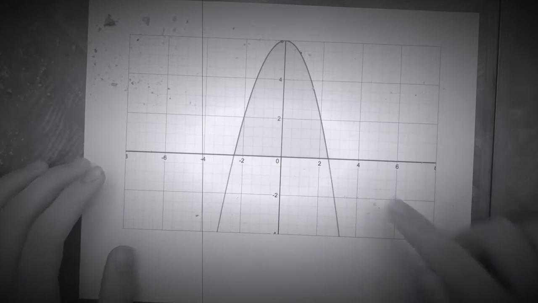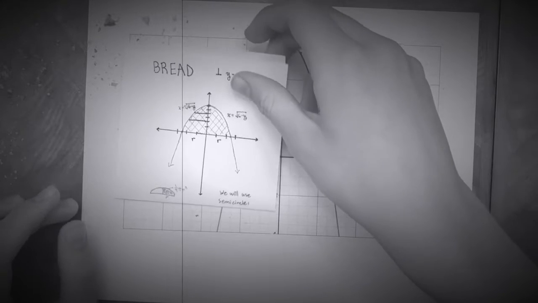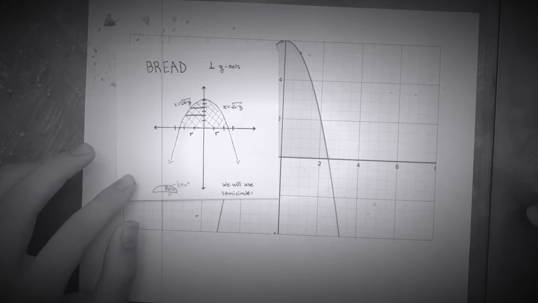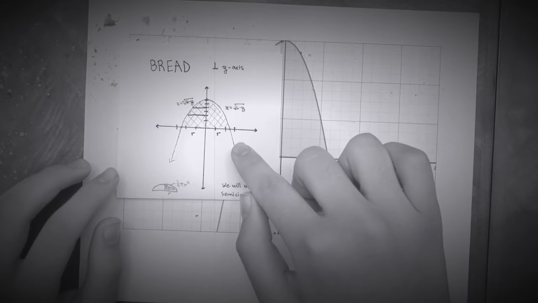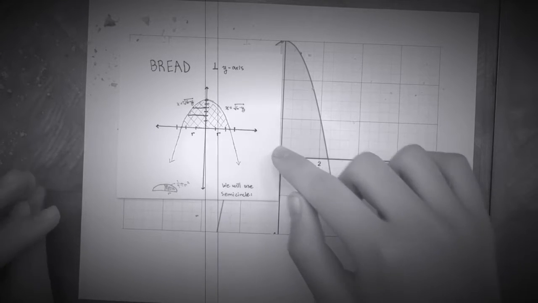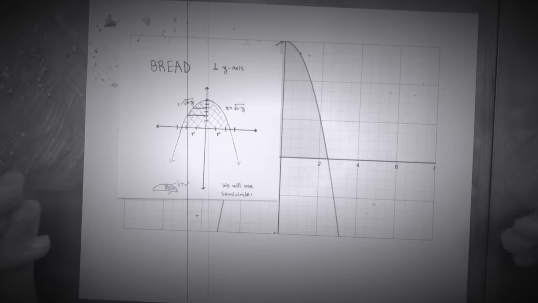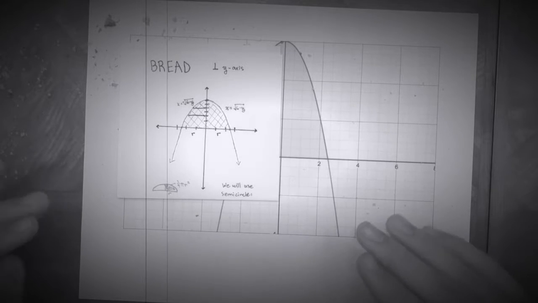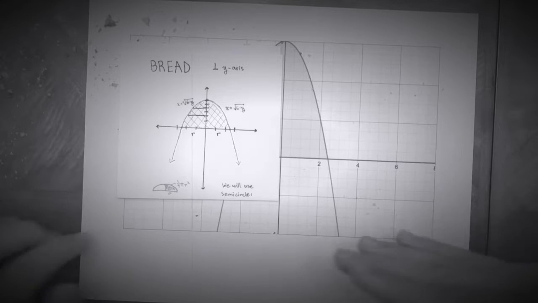Do you see this beautiful graph? Well, this graph is basically the graph of y equals 6 minus x squared. But we can divide it in terms of x as x equals the square root of 6 minus y, and x equals the negative square root of 6 minus y. And we can model the bread using this function, basically having a semicircle and taking